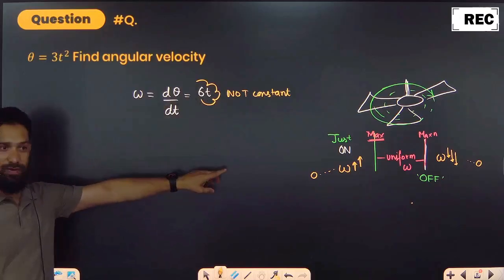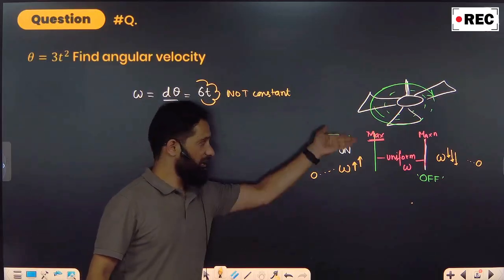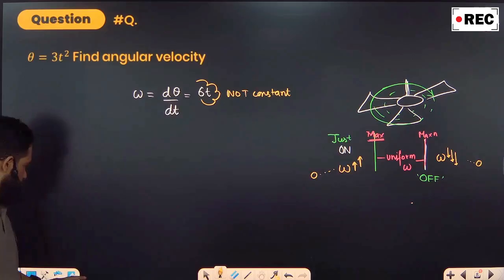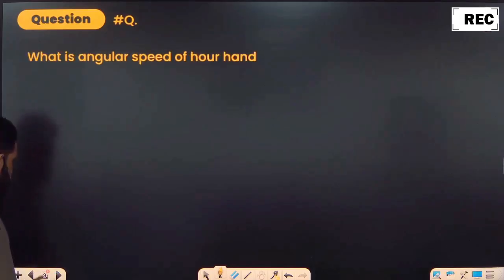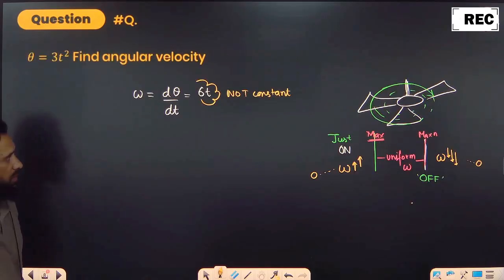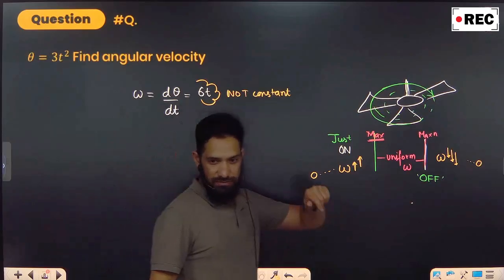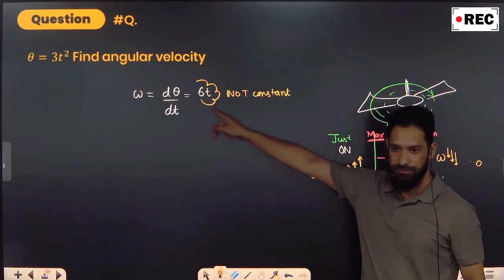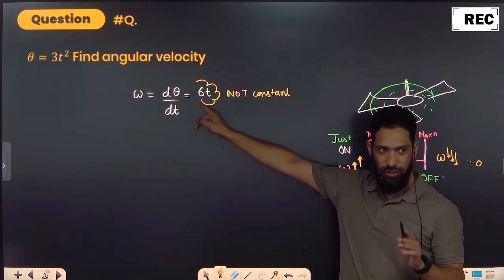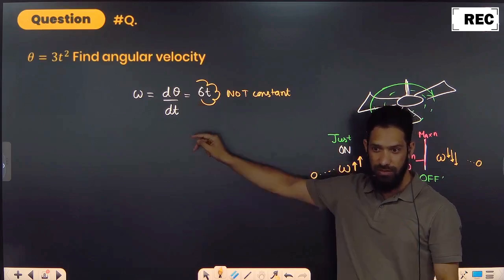So it is a scenario as if we have just switched on the fan and it is just increasing its omega, right? Yes. Because with time it's not decreasing, na? Say for example you put it 1, it will be 6 radian per second. You put it 2, then it is 12.